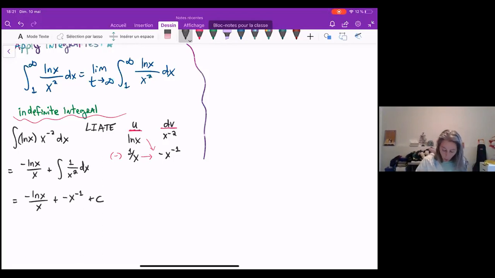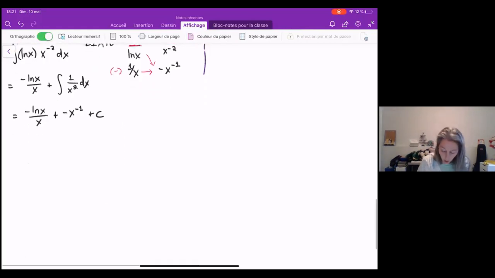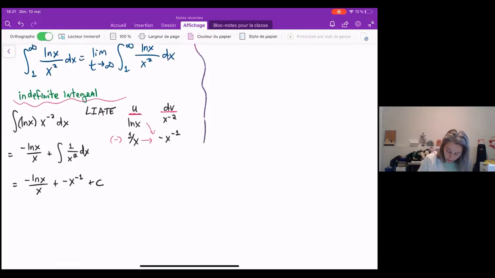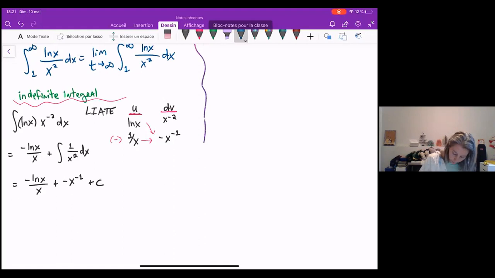Okay, now we're going to go back to our limit and get that this is equal to the limit as t approaches infinity of negative ln x over x minus 1 over x between 1 and t,